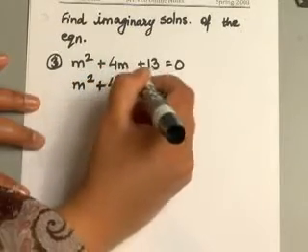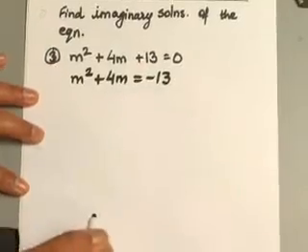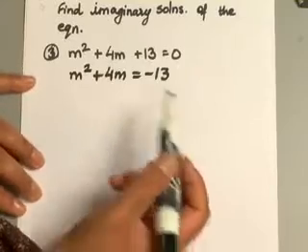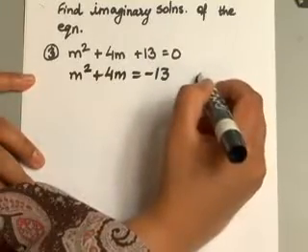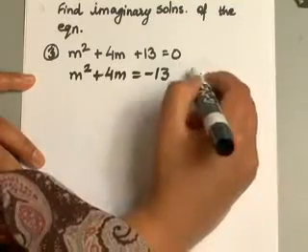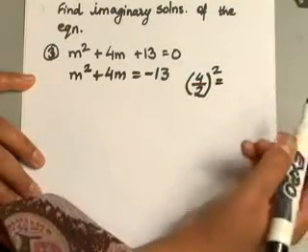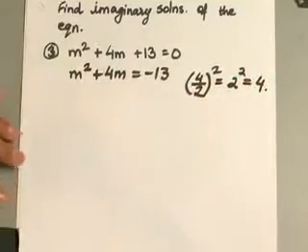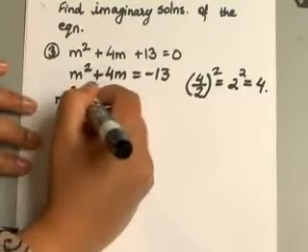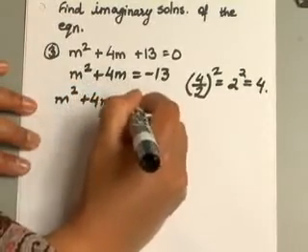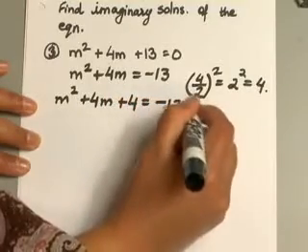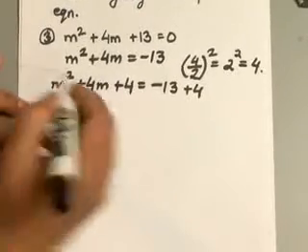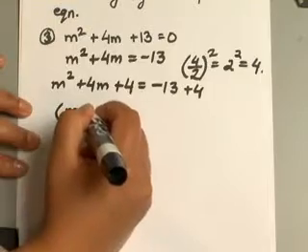The next thing you do is take the 13 over to the other side, so you're left with m squared plus 4m equals negative 13. You just subtract 13 on both sides. Now we are ready to complete the square, so we take the 4, divide that by 2 because you take its half, and then you square it. 4 over 2 is 2, and 2 squared, of course, is 4. So m squared plus 4m plus 4 equals negative 13 plus 4. You add your 4 on both sides,